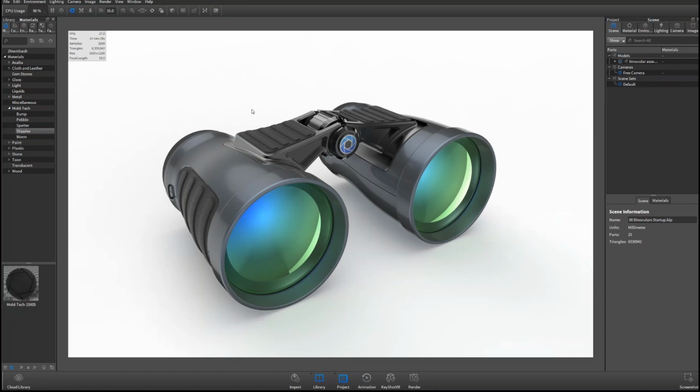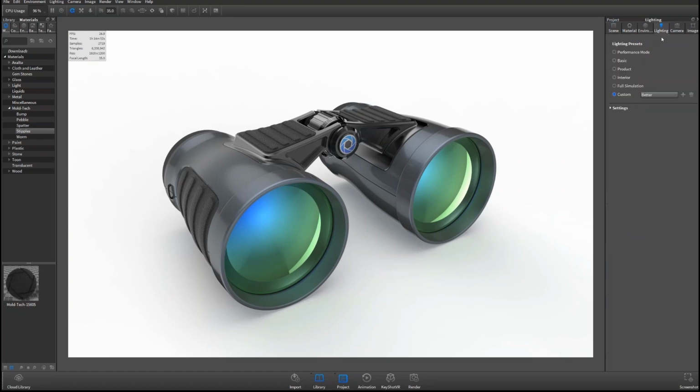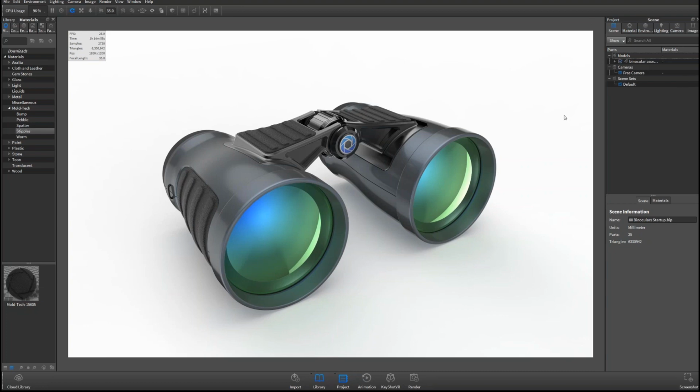A couple of quick things before we actually import a model and start talking about it. We made some changes to our project window, right? You may notice that we now have a new lighting tab, right? All the way on the right, it used to say settings. This is image, right? So we've made some adjustments here to our project window, and let's talk about some of those changes that were made.